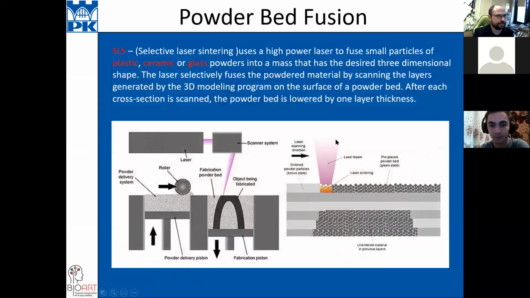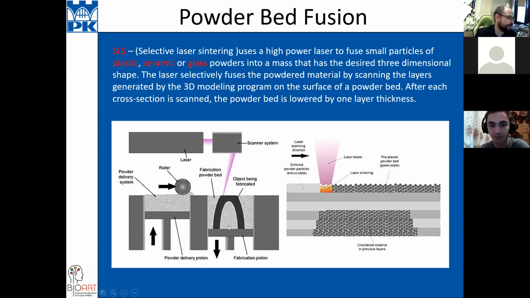The last technique is one of the powder bed fusion techniques. The principle is very easy, but here you must use a very strong laser, and also you have two beds. You have here powder of metal.